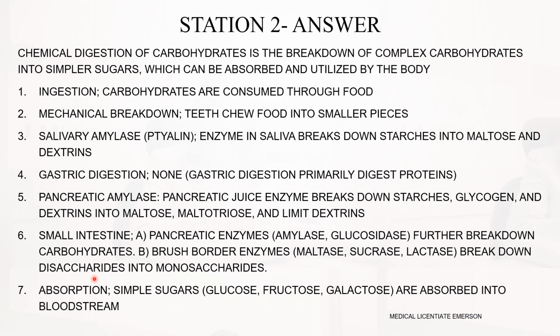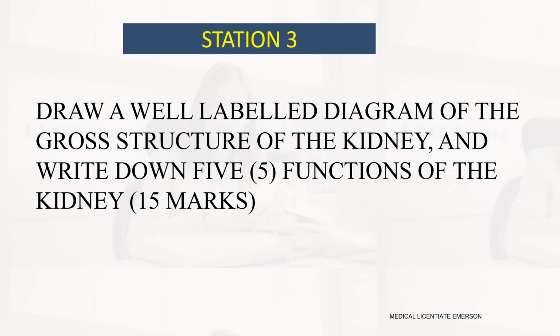Then of course, after all this digestion has taken place, finally we have absorption, where the simple sugars such as glucose, fructose, and galactose are absorbed into the bloodstream. Okay, so that's the end. The next station is: draw a well-labeled diagram of the gross structure of